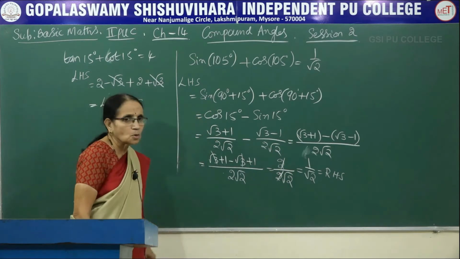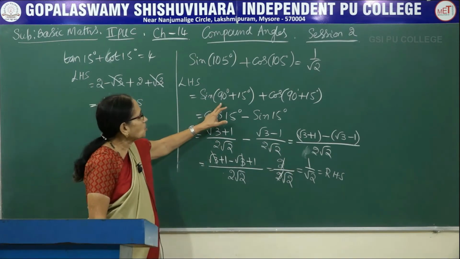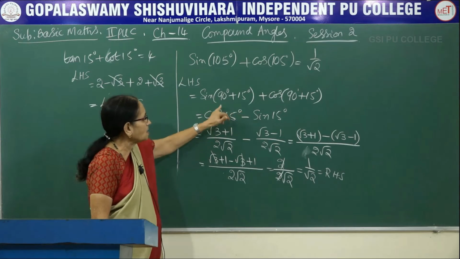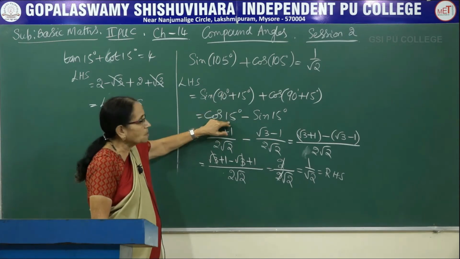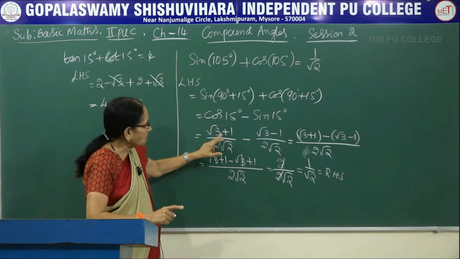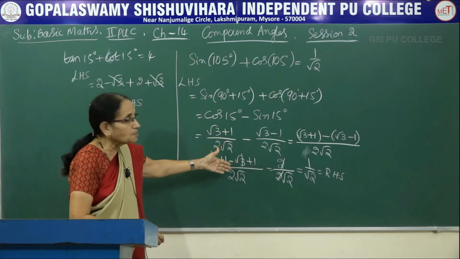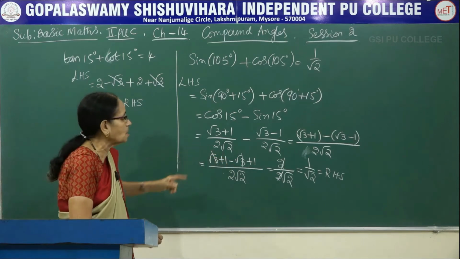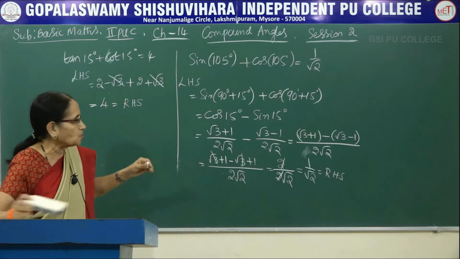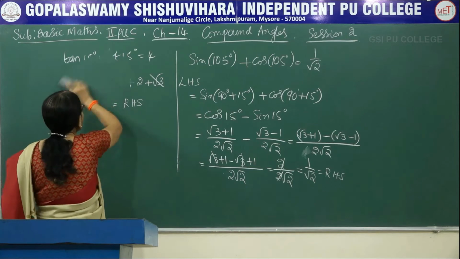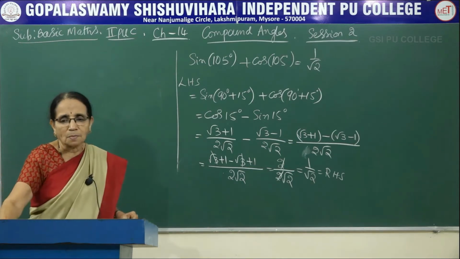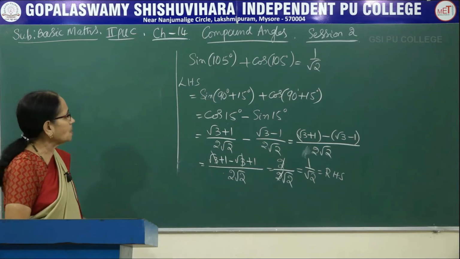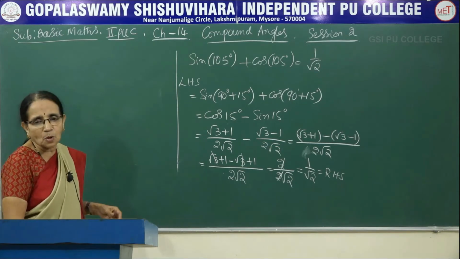So usually it is a 2-mark question. First you split the angle and write, then using the allied angle rule we have written. For writing this you get 1 mark here. For writing the exact value and doing the further simplification, the arithmetical calculation, you will get the other mark. If it is asked for a 2-mark question, this is how the marks are divided. Now similarly we move on to another problem.